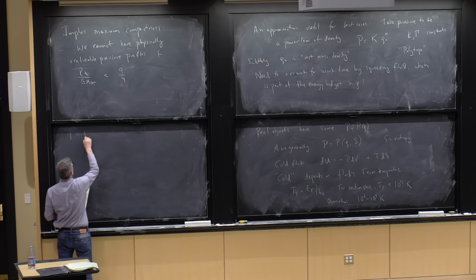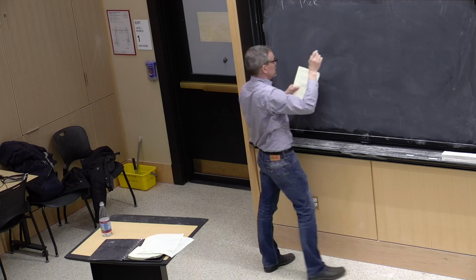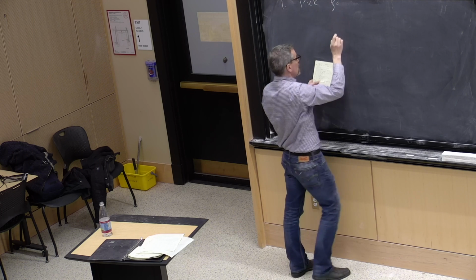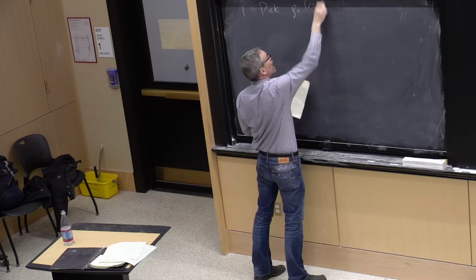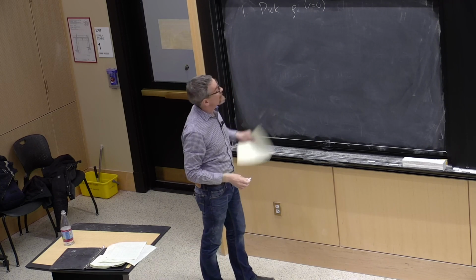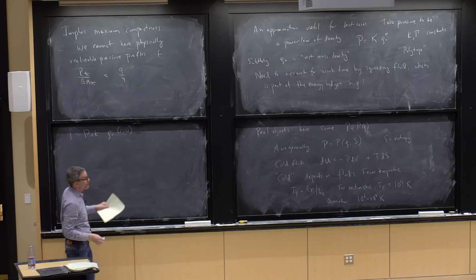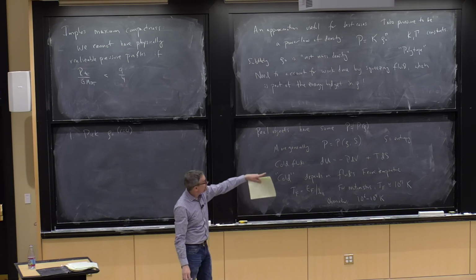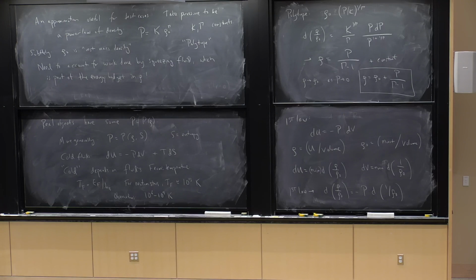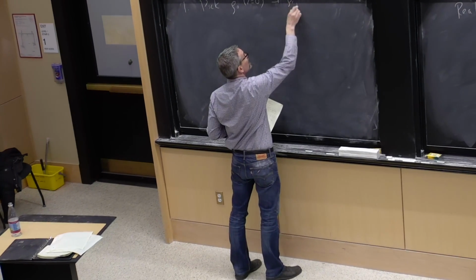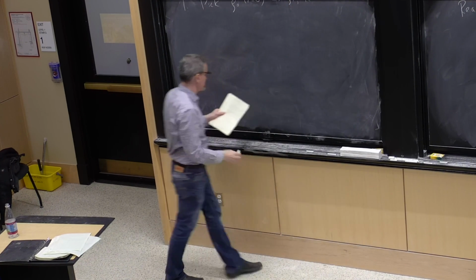You then need to pick rho 0 at r equals 0. This will then, using your equation of state and using that relationship between rho and rho 0, give you rho at the center, pressure at the center,